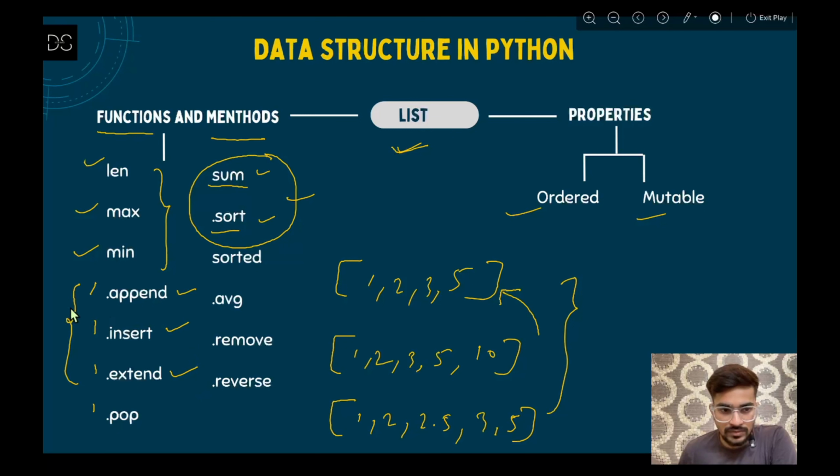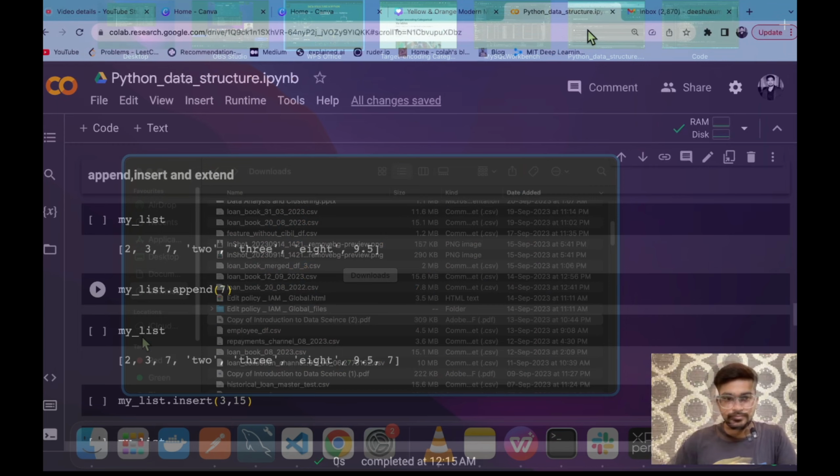Now why 3 ways? Why not a single way? Because it depends on your requirement. Sometimes you need to insert an element at the last index, sometimes in the middle, and sometimes you need to add another list to the existing list. So that can also be a case. That is why we have 3 different methods to insert elements inside an existing list. Now I'll look at all of those 3 methods directly in the Colab notebook. So let's move to the Colab notebook.